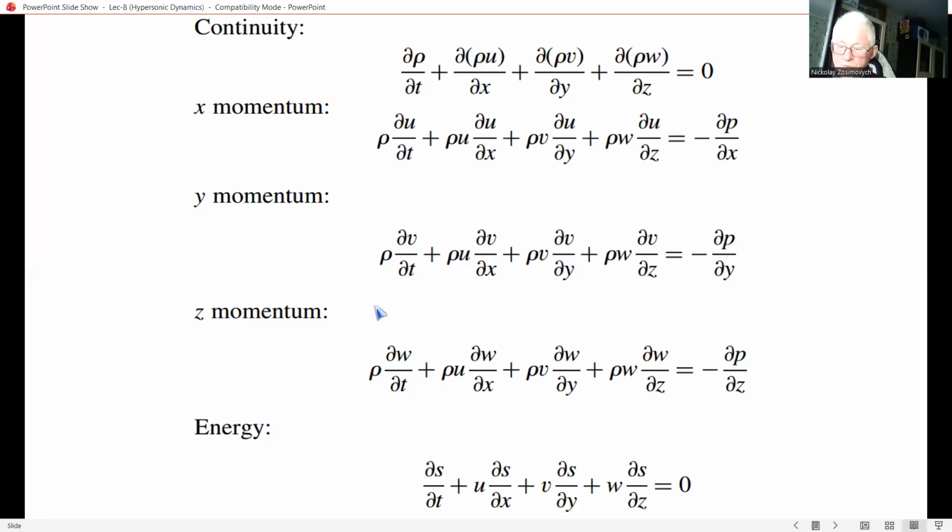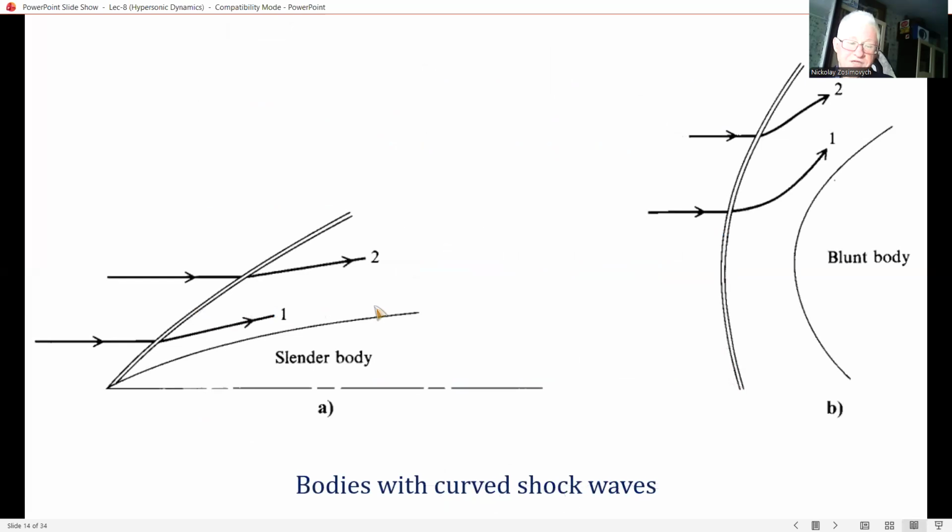Okay? So for the application of the method of characteristics to external hypersonic flow, the aspect of rotationality is of